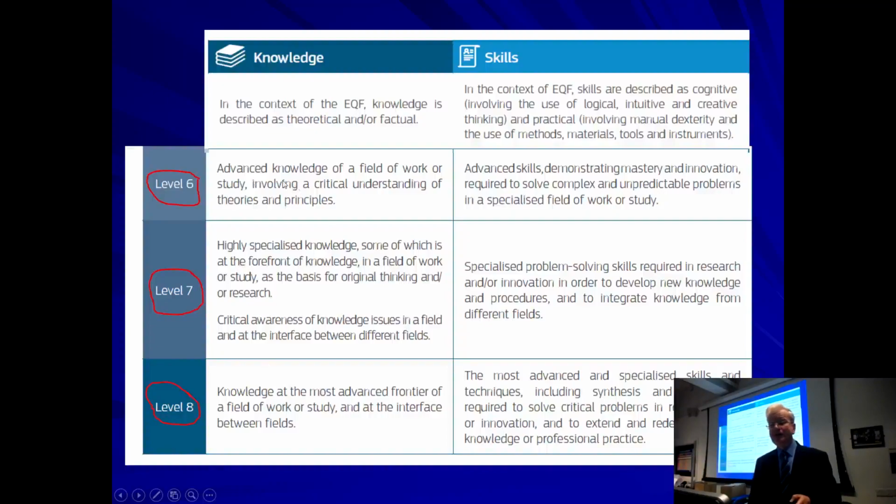And as you can see here, these are very generalized statements. As I mentioned earlier, they have to apply to every honours bachelor's degree in every subject, in every university, throughout the European higher education area, throughout all of the countries that have signed up to the Bologna process,